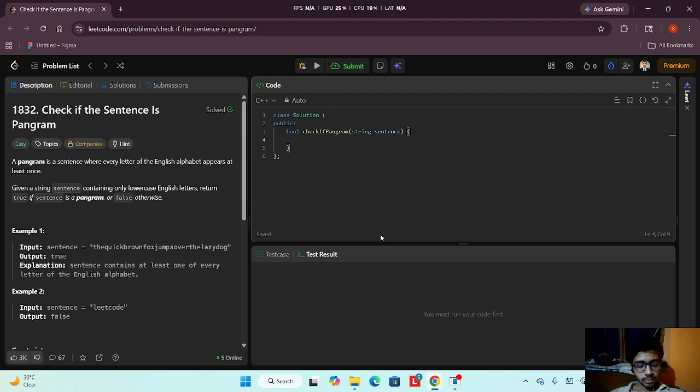So, continuing my DSA series, today's question is: check if the sentence is a pangram or not. Now, what is a pangram, right? A pangram is a sentence where every letter of the English alphabet appears at least once, which means that I